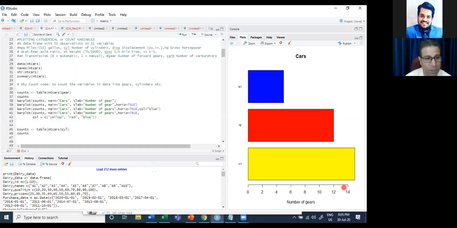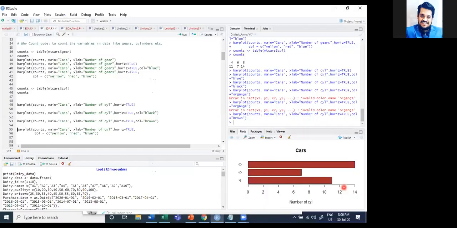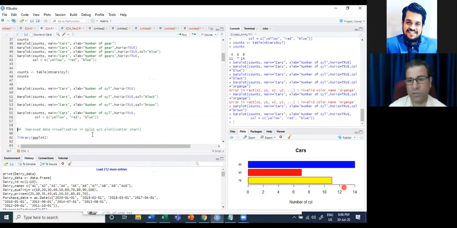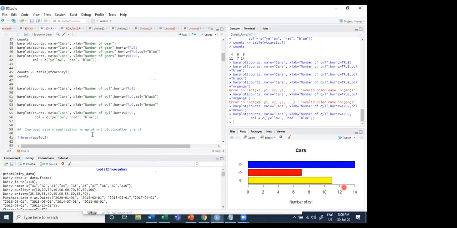We have done it. For the moment, if I commit a mistake in the spelling, it will not come. Now let's change the details to blue, red, yellow. So this is going to bring the blue, red, yellow. So you can interchange it. This is one of the best aspects of our R analytics, that you are able to do detailed EDA analysis.